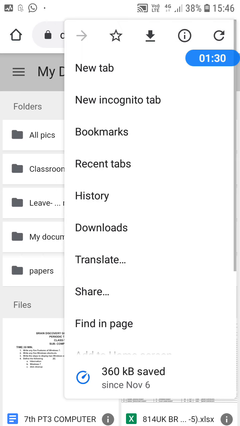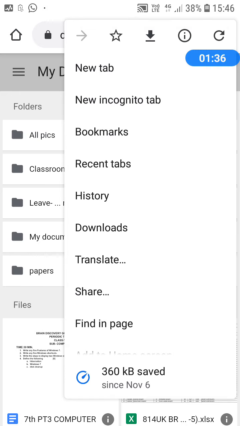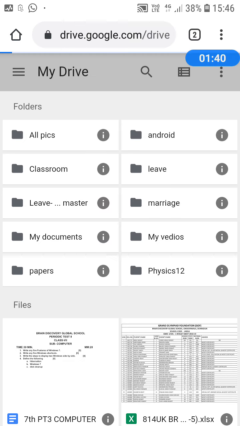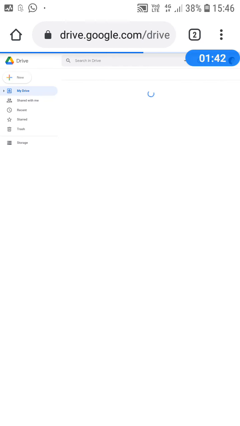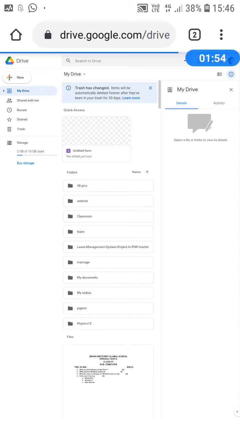Meaning, the way it looks on a desktop, we have to open it like that. With this we will get the options from here. Desktop side, just check this button. Now this is our desktop side. That means the visibility is the same as we get in our system or desktop. Next thing we have to do is click. I'm going to zoom this.